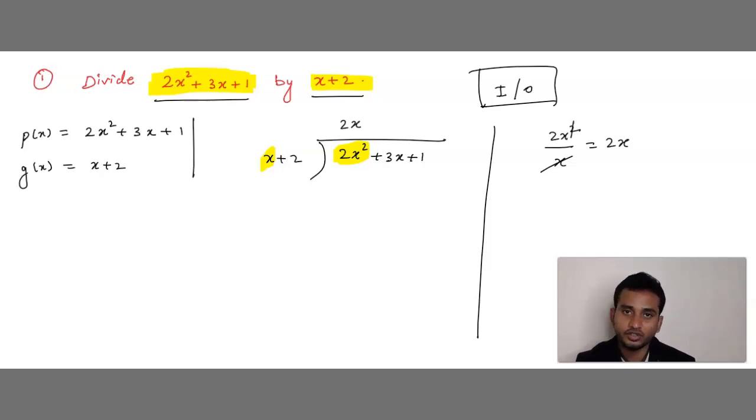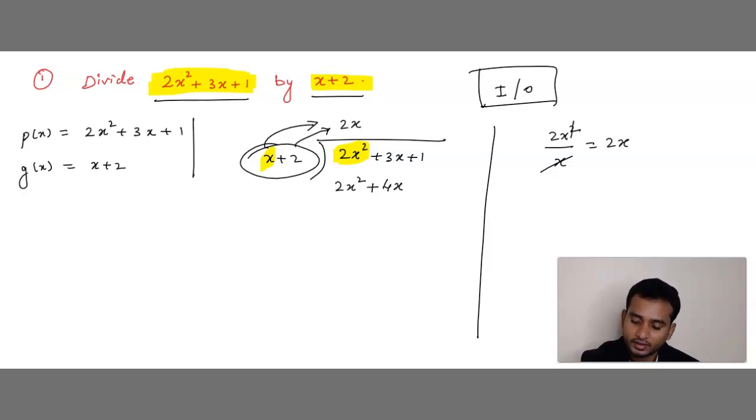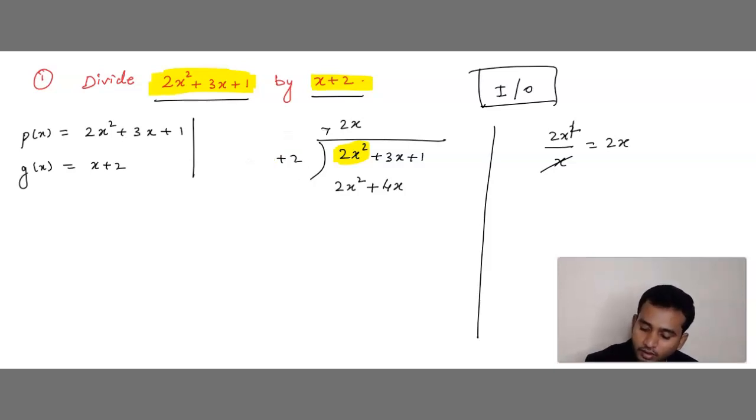Okay, first digits you have to divide. So 2x. Now you multiply this into this. x into 2x, that is 2x square. Plus into plus is plus. 2 into 2x, that is 4x. Again you have to multiply this also with this. Means this entire term you have to multiply with this 2x. Is this clear? Are you getting, children? Just a minute.